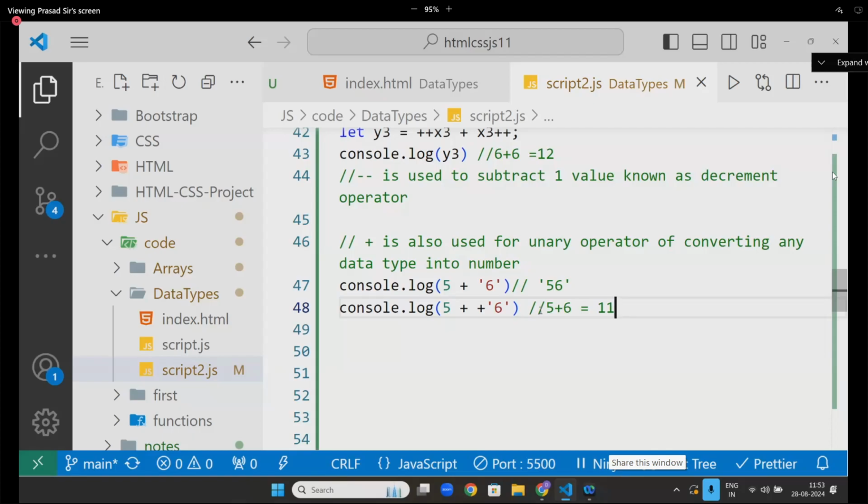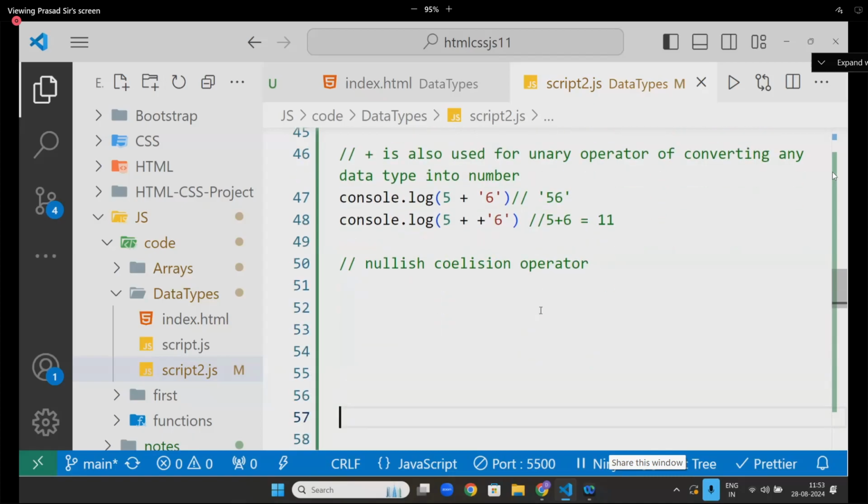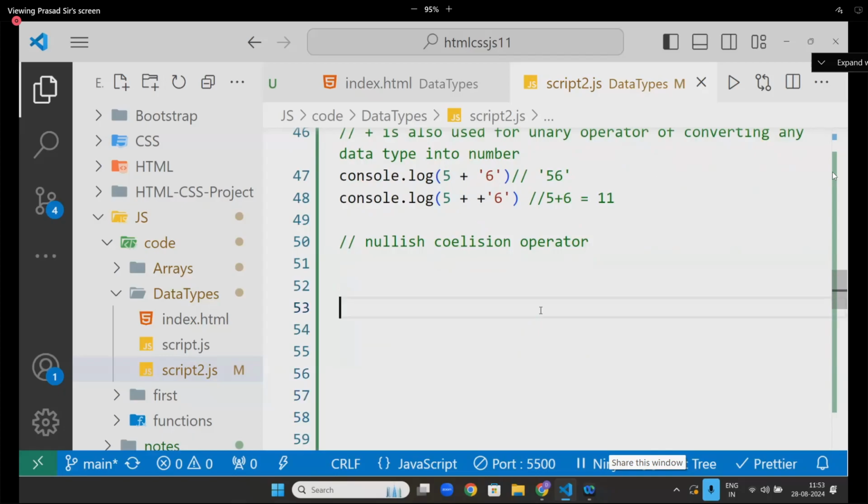Last but not least, nullish coalescing operator. The space I gave just to show you guys, it's not important. Nullish coalescing operator means